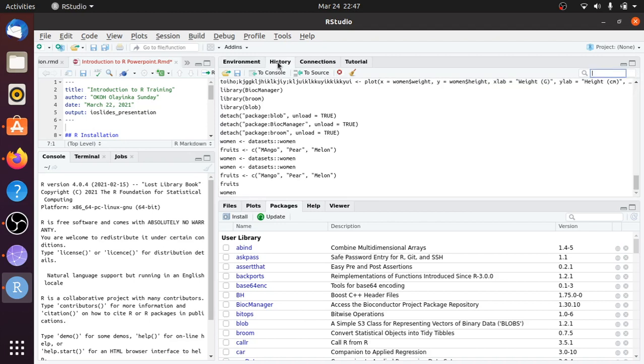We have history. History will list all the things that we have been doing all along, so that we can go through. If we have lost anything we want to see and we have not saved, we want to look at it. Okay, this is what I did here. That is history. Just know what history means. Now,